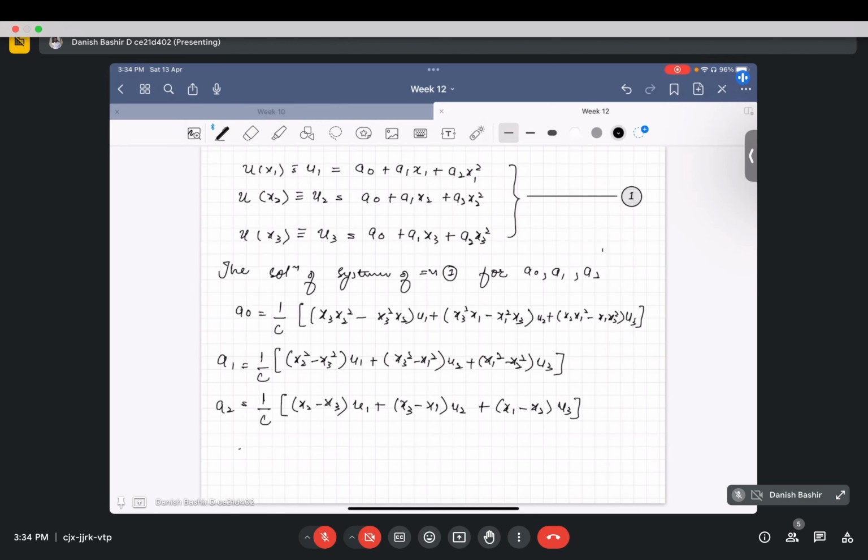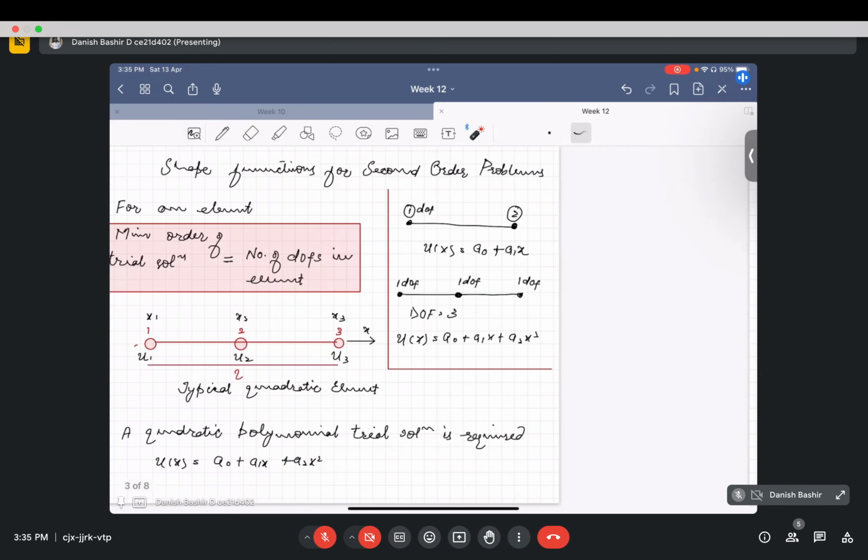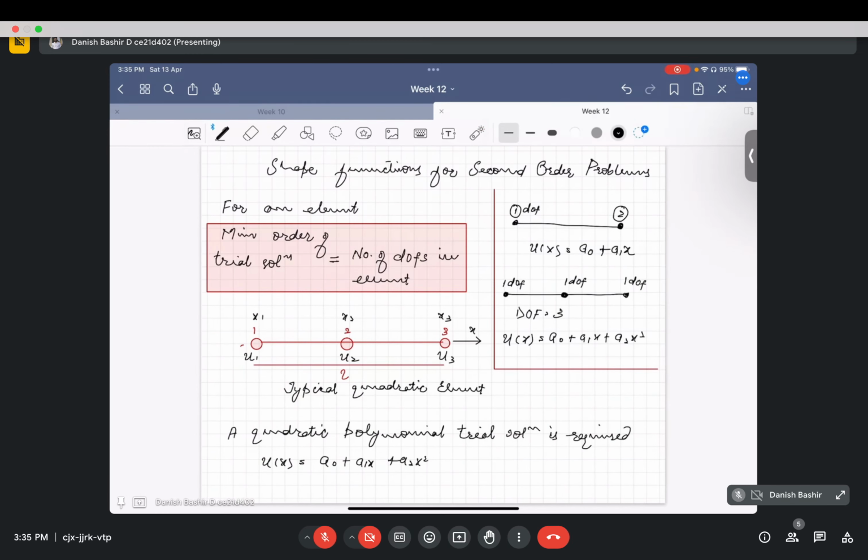And the c that I have been continuously using is equal to the product (x2 minus x3) times (x1 minus x2) times (x1 minus x3). Actually, you will get these values once you solve this system of equations for a0, a1, and a2. So this was equation A. So if I name this as equation A,